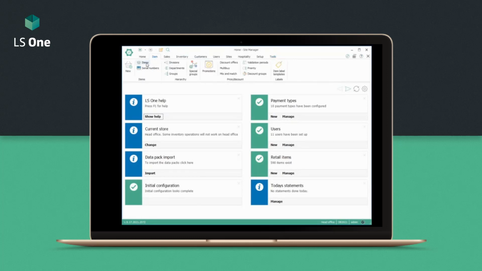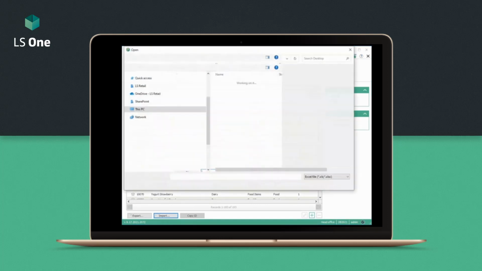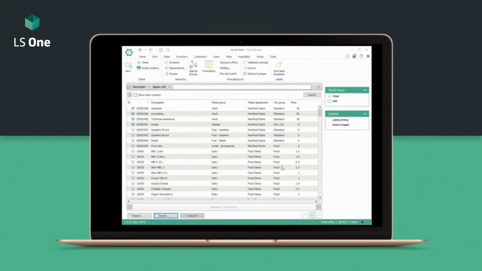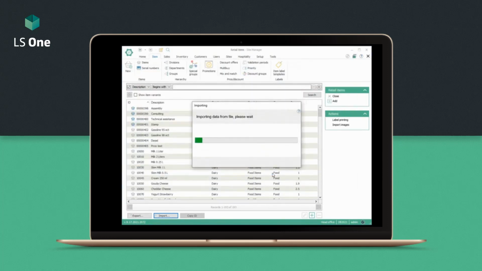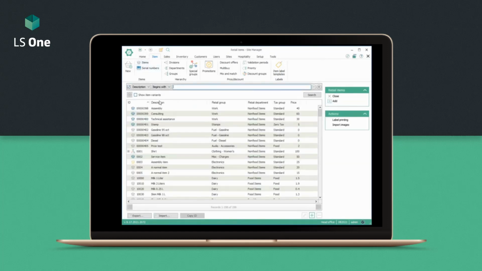So I can either choose, as you know, this one, or go into the items view and select here the document I'm gonna import, and its variants. Gonna merge it, and they were all successfully inserted. And here they are.